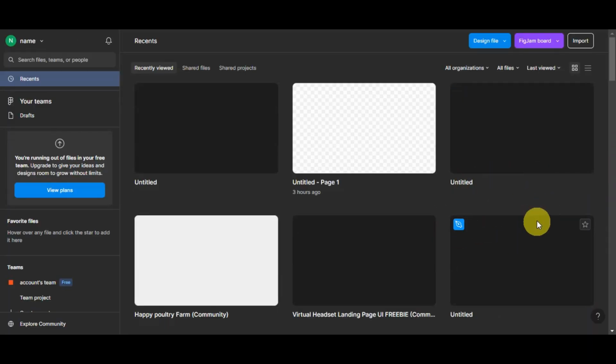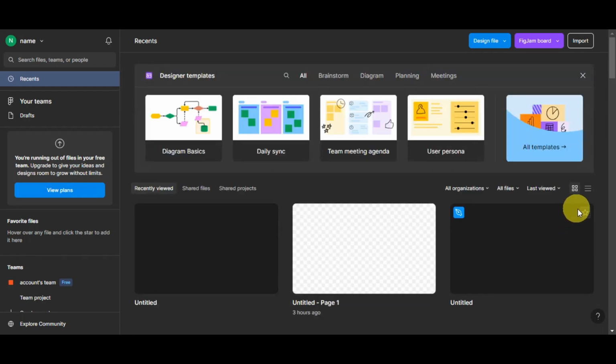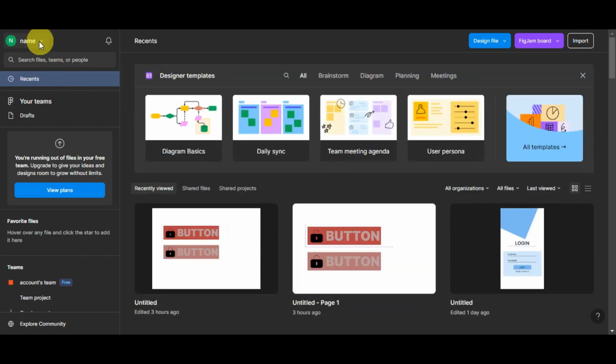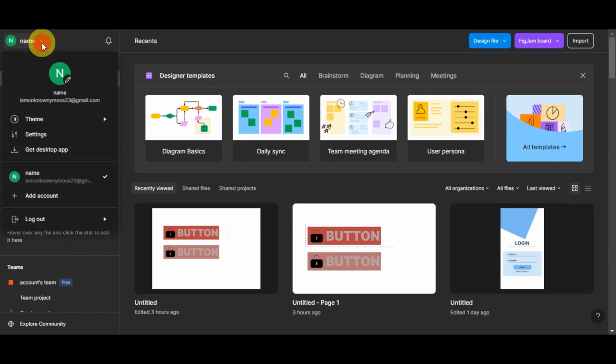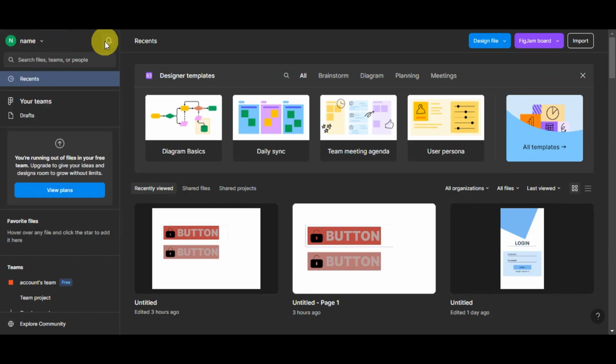Figma's dashboard. So as you can see here on Figma's dashboard, on the left side you could see your account settings, and then here the notifications. There is also a search bar where you could search for your files, teams, or people. The recent items you could see here in the middle button. You could also see your teams here, drafts, and if you're running out of files in your free team, you